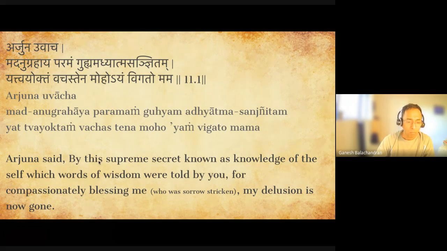Arjuna said, by the supreme secret known as the knowledge of the self, Paramam Guhyam. Guhyam means secret, great secret. And what is this great secret? Adhyatma Sangitam. Adhyatma refers to the self, knowledge of the self, Jivatma Jnanam, who we really are. By the supreme secret known as the knowledge of the self, which words of wisdom were told by you, yet, vaya uktam, by you told,